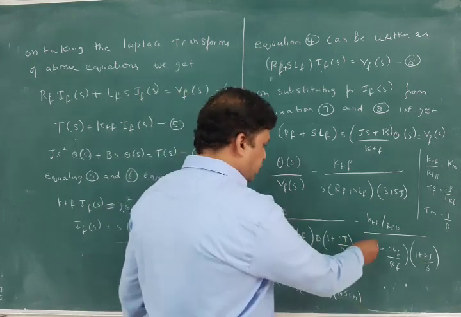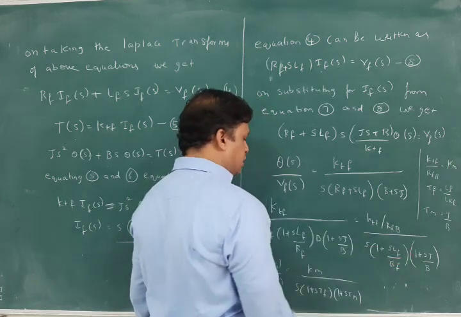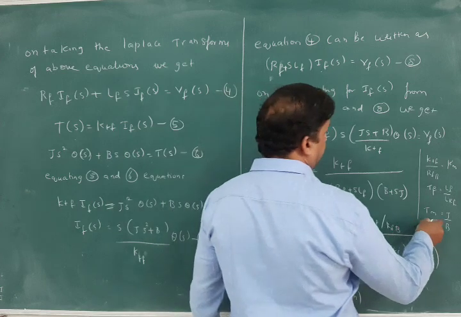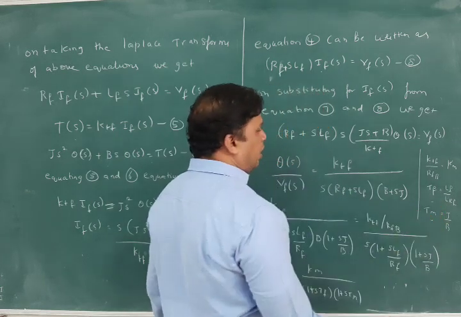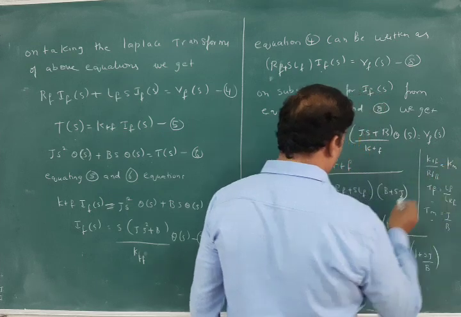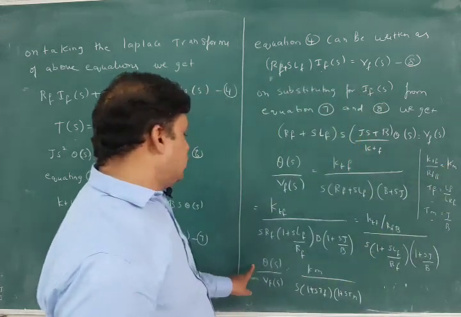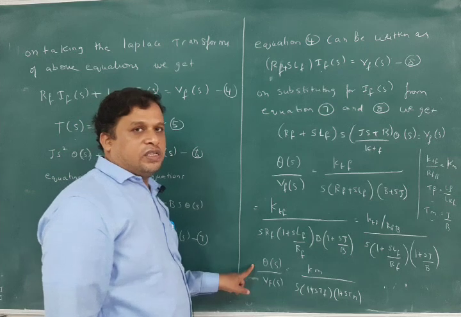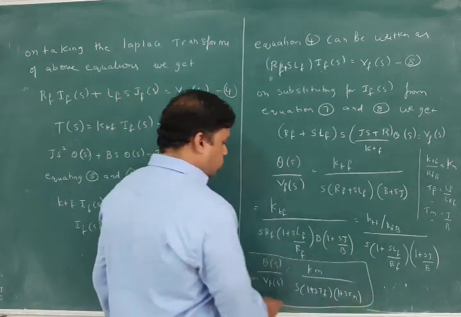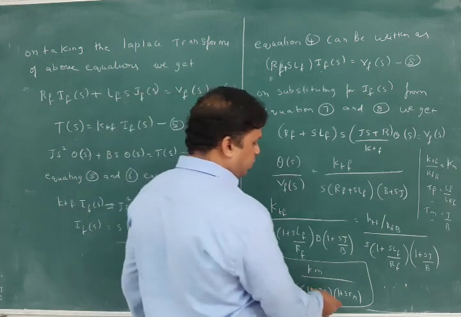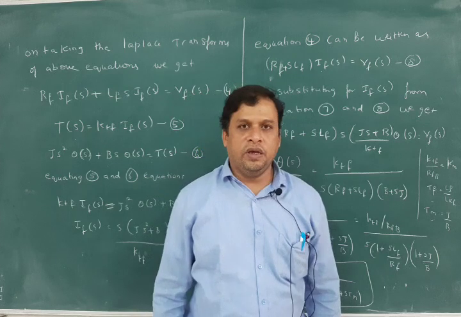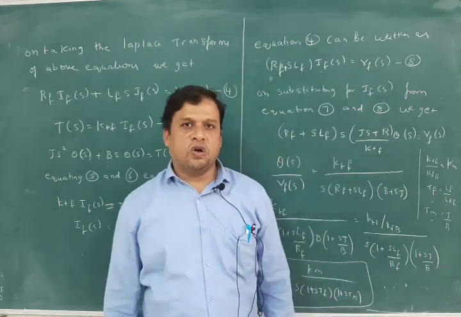After seeing these equations, these two factors have time constants. Tm is the mechanical time constant, Tf is the field time constant, and here we have Km as a constant, given by KTF by RF B. Therefore the transfer function for the field control of a DC servomotor is given by theta of s by Vf of s is equal to Km by s into (1 plus s Tf) into (1 plus s Tm).